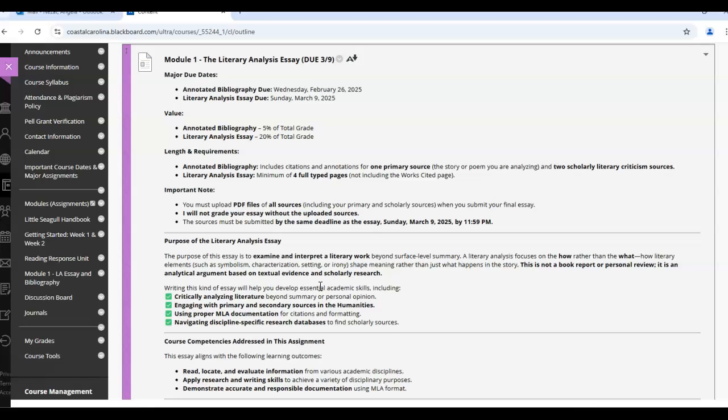So it should be obvious why we were doing the reading response unit, so you can think about each of those stories. Whatever you pick, you'll have already given it quite a lot of thought in terms of analyzing it. So pick a story or the poem.